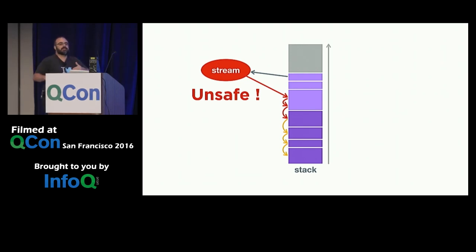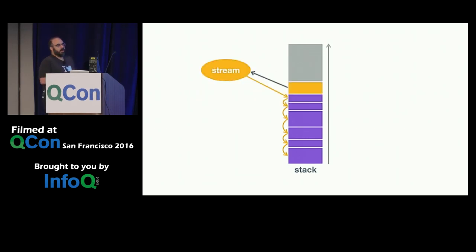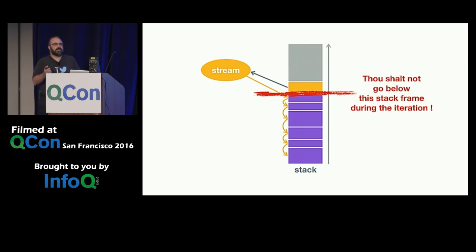By virtue of just returning from a method and calling new methods, you basically messed up the stack. And there's no reasonable performance trade-off to keep what's in the stream and what's happening to the stack in sync. It's just way too expensive. It would be impossible. So the way to fix this is to ensure that when you're doing the iteration, you never go below that top frame. So all the stack frames that the stream knows how to iterate over remain intact, and it can iterate over them safely.